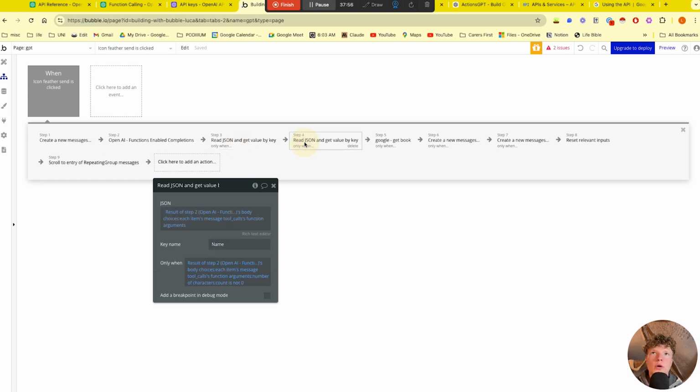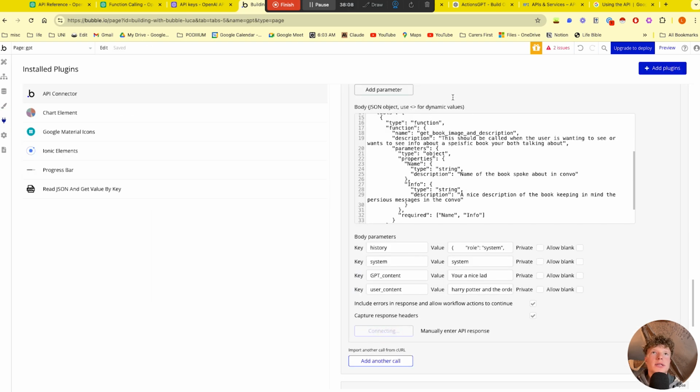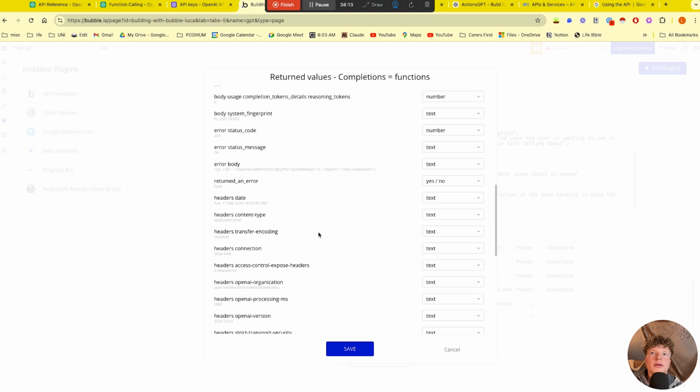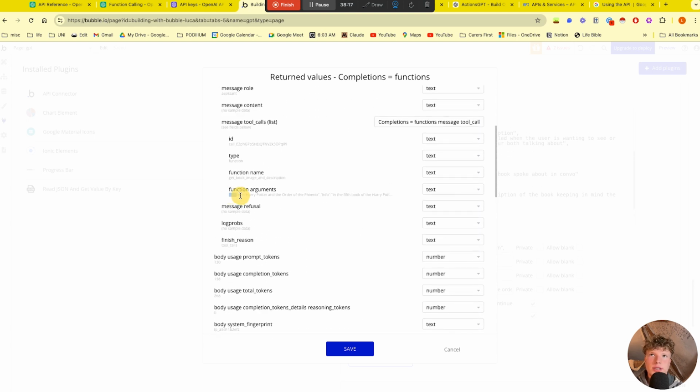So what the function actually spits out at the end of it is this piece of JSON with our argument. For example, if we go to the call we've just set up and initialize, you can see that in the argument section, it's actually a piece of JSON. See, it's got the curly brackets, etc. So we're actually going to need to extract that so we can use it in our message and in the